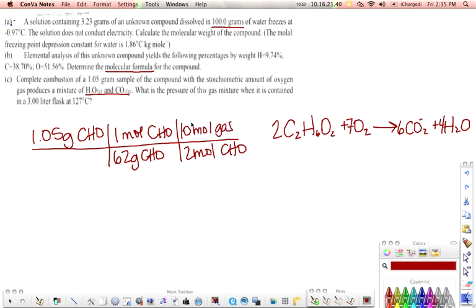And remember, whenever you're working with gas mixtures, the identity of the gas doesn't matter. They all contribute to the pressure of the overall mixture. Not equally, I'm not going to say that, but they all contribute to it. So it doesn't matter exactly that we have 6 moles of carbon dioxide and 4 moles of water vapor. It just matters total number of moles, not what they are. So this works out to be